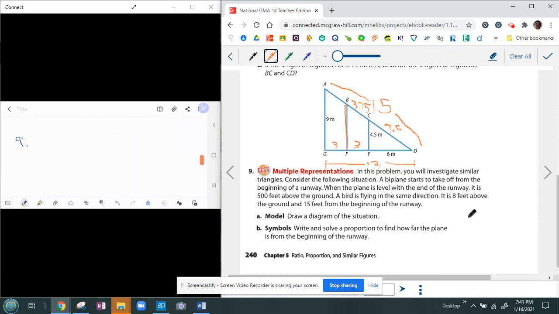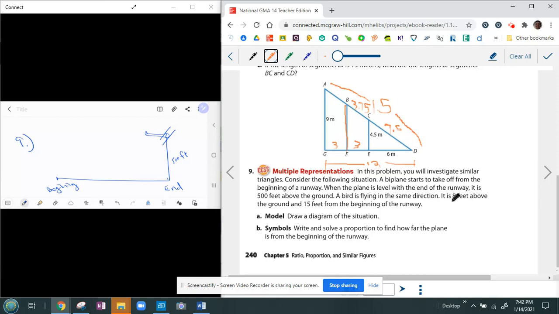All right. Number 9, you had to draw a diagram. There's your runway. We have a biplane that starts to take off from the beginning of the runway. I'll call this the beginning. And here's the end. Okay, it starts to take off, and it is 500 feet. All right, there's my biplane. Biplane is taking off. It's 500 feet, and